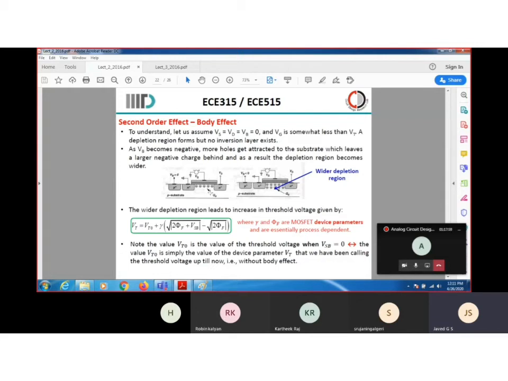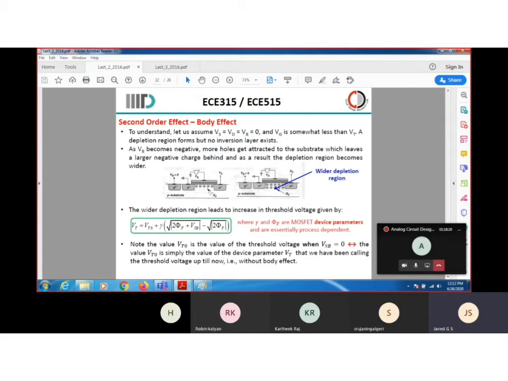So, what does this equation say? The equation says there is a Vt. The Vt is also a function of two variables. The first one is a constant Vt naught, which is temperature dependent. The other one is a function of the variables phi f, the Fermi potential here, and the Vsb. So what do the two terms within the bracket show? Phi f plus Vsb minus 2 phi f.